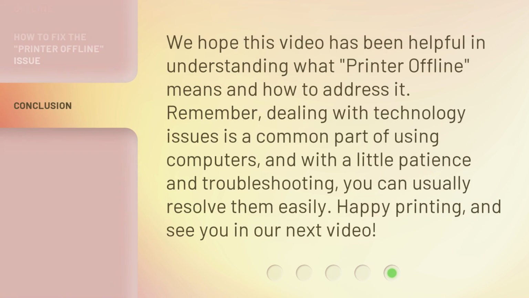We hope this video has been helpful in understanding what printer offline means and how to address it. Remember, dealing with technology issues is a common part of using computers, and with a little patience and troubleshooting, you can